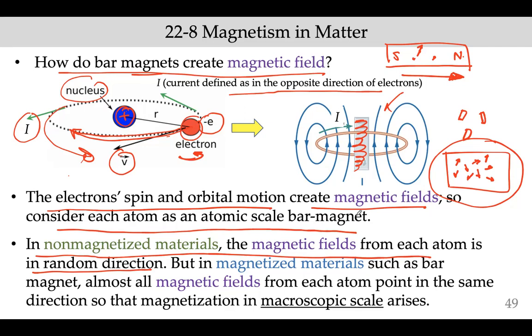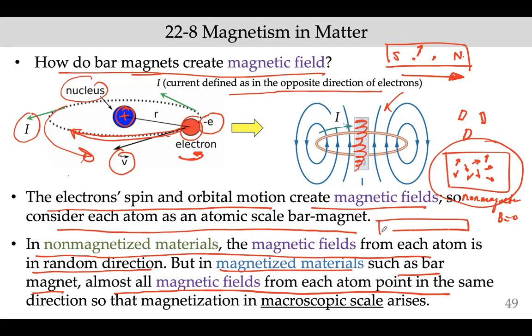These materials are non-magnetized. But in magnetized materials, such as a bar magnet, almost all magnetic fields from each atom point in the same direction, so that magnetization on a macroscopic scale arises. So this was a non-magnetic material. That means it creates no magnetic field. But if you have a bar magnet, like here,